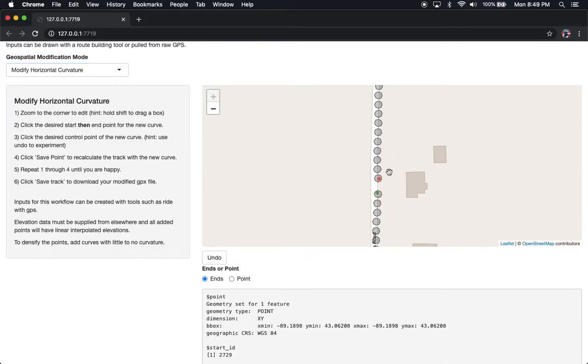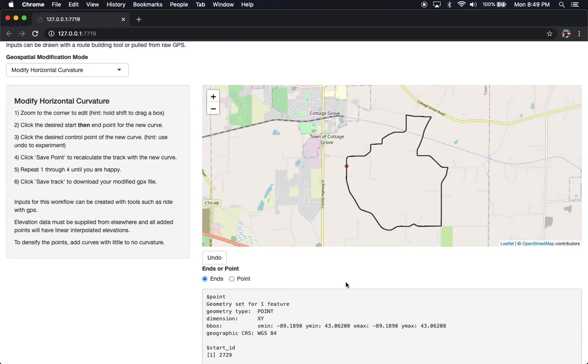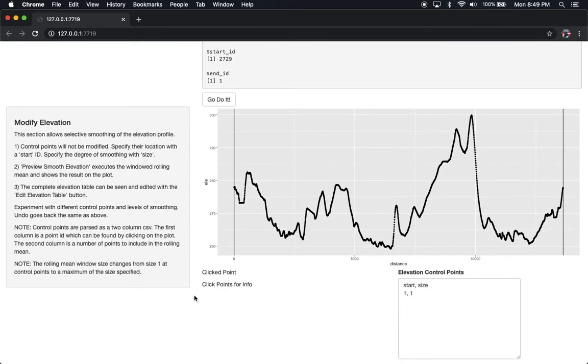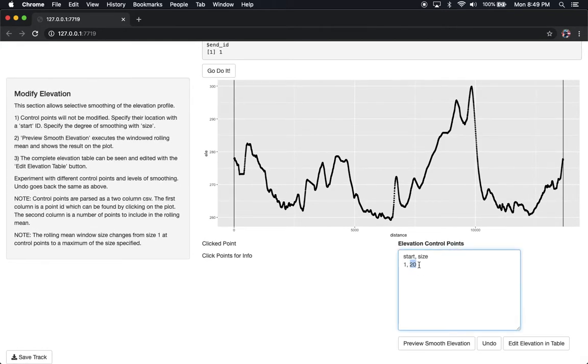So we can see now we have nice even spacing for all these points. And what this is going to allow us to do is, and I'll just demonstrate this with an aggressive smoothing tolerance, say I put in a 20-point smoothing tolerance. This is actually going to be smoothing over a maximum window size of 20 times 5 meters, where before with the uneven point spacing, the window size would have been super variable based on the spacing of the points. So if we now go preview smooth elevation,